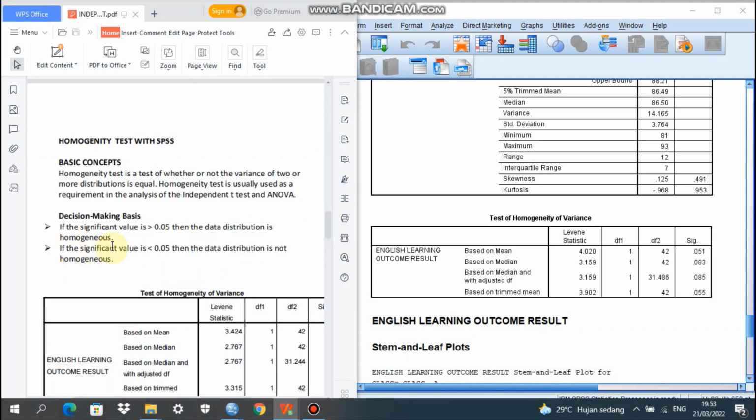If the significance value is more than 0.05, then the data distribution is homogeneous. But if the significance value is less than 0.05, then it can be said that the data distribution is not homogeneous.